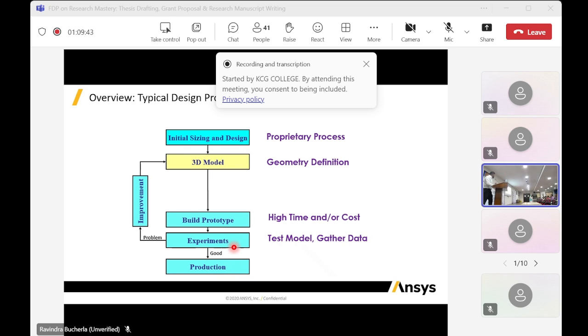If the product fails at the testing stage, then we will do some modifications. We may replace the material, or we may change the dimensions to improve the strength of the product if it is going to fail. So this is how the cycle will go on until we get a product where we can rely on